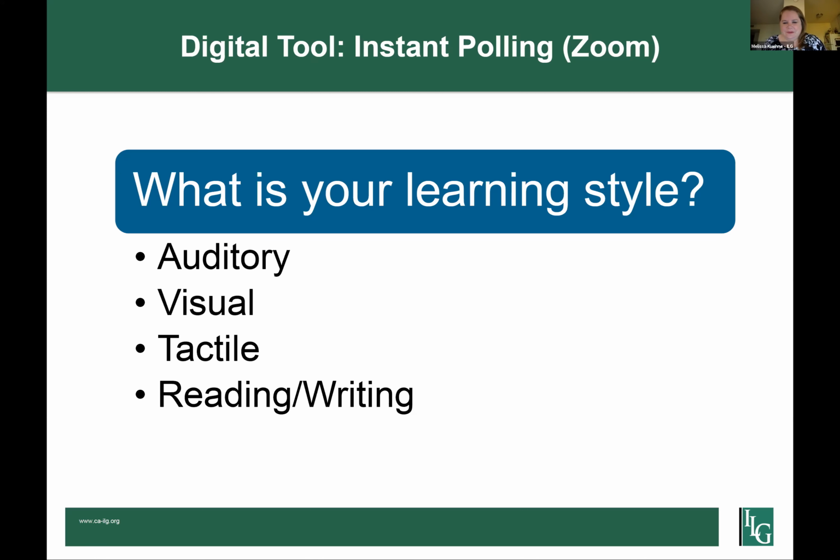Great. So you see the breakdown there, about 15% said auditory, 11% said reading and writing, 70% said visual, and 4% said tactile. So going back to what Hannah was just talking about in terms of the meeting design for a lot of public meetings, those are really mainly targeted at auditory learners. You have a lot of verbal presentations. Sometimes you definitely have visuals that go along with that, but it's usually a lot of talking at people and may not take into account some of those other types of learning styles. So we flagged this for you just to make sure you're thinking about this as you design your meetings.